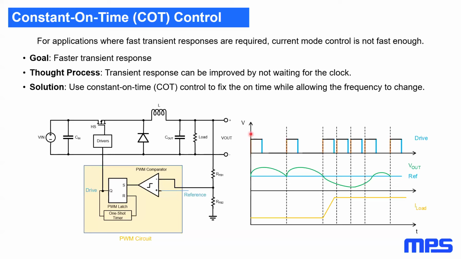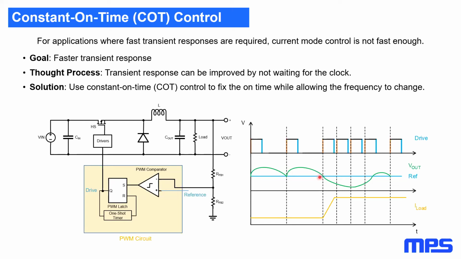And what we're changing here is not so much the width of our pulse, but we're shortening or lengthening the total switching period. So we're changing the frequency. This means that in steady state, we can have a more or less steady switching frequency. Once the voltage begins to drop below our reference, then we deliver an additional pulse, allowing energy to flow from the input to the output, or to the load, and increasing the output voltage again until